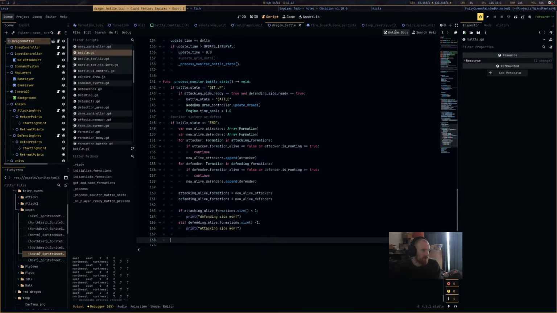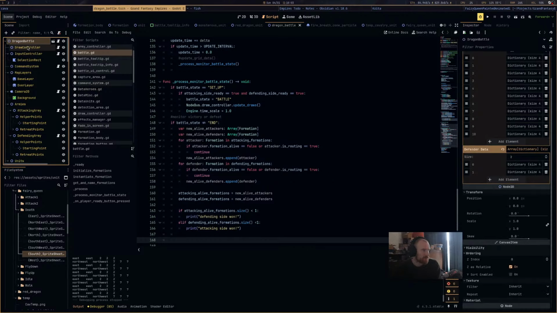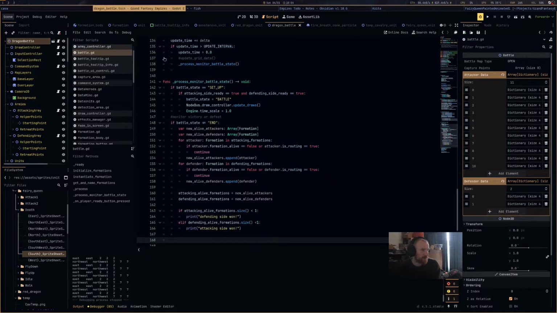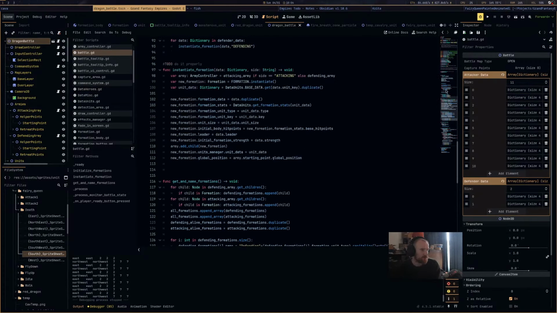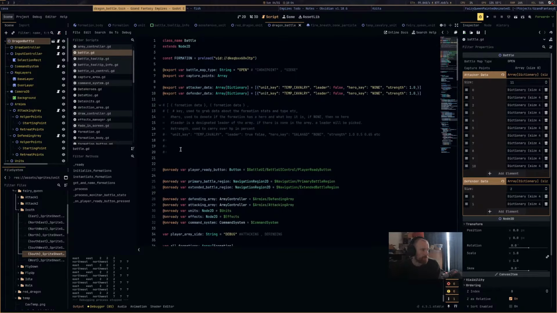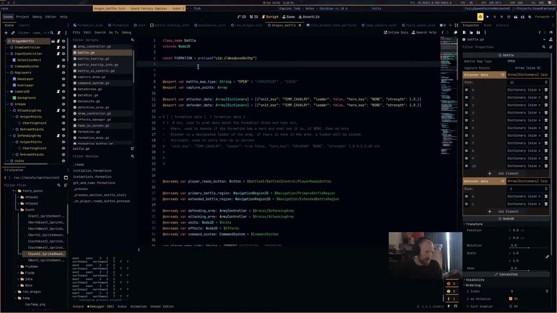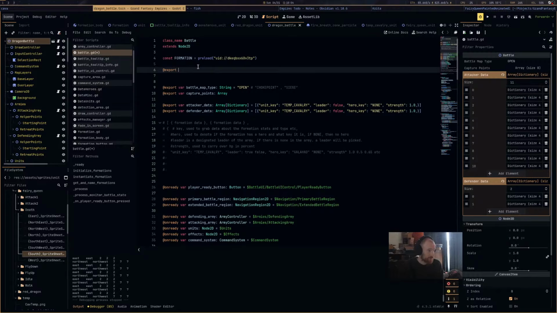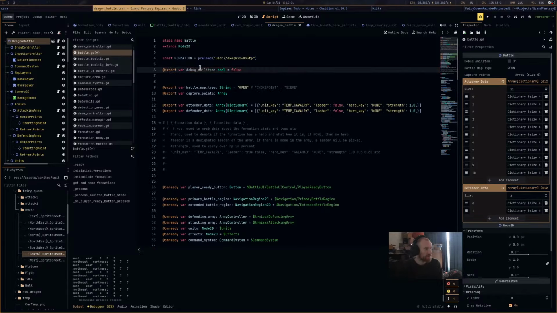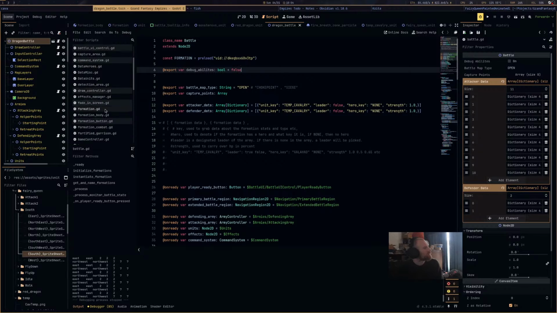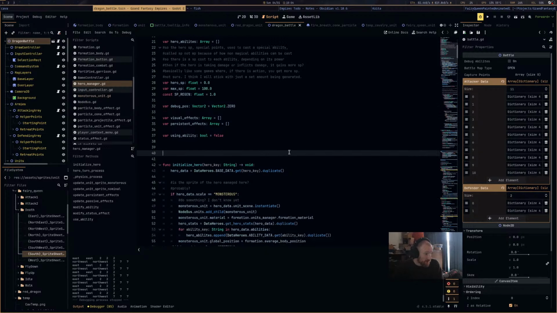If I go to Dragon Battle, and I do battle, and I go debug battle, debug abilities, yeah, boolean equals false, and then I go to this one, and I do